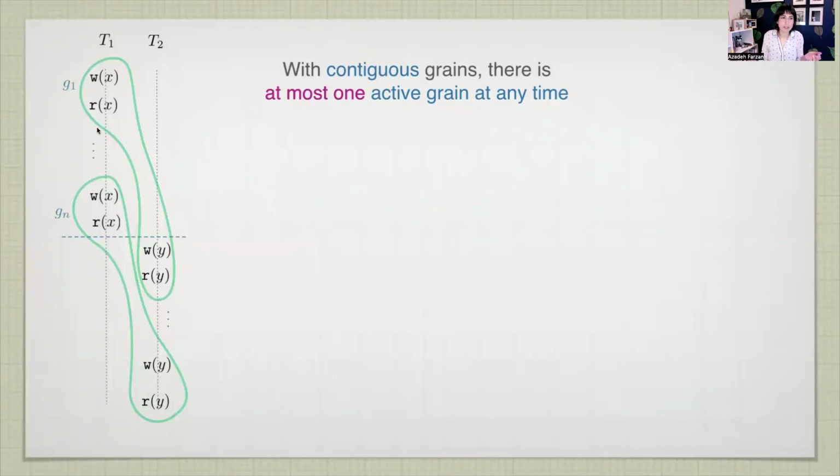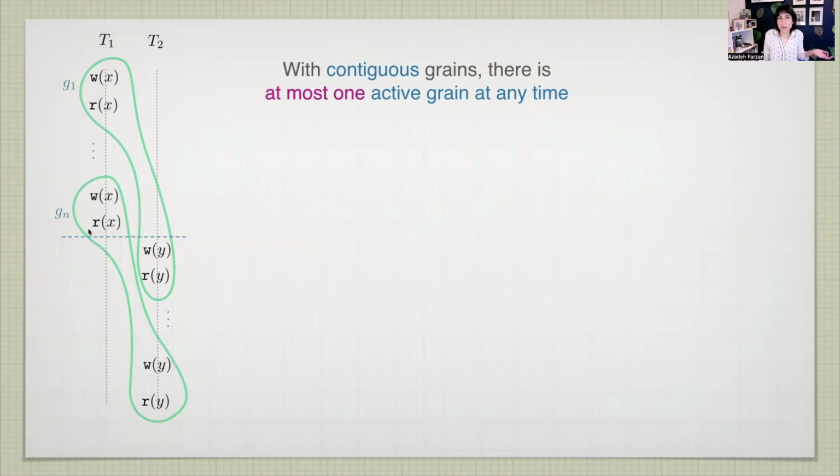Whereas if you have scattered grains, as this diagram shows, you can be at a point where you have an arbitrary number of grains that are active or open. I decided to pick this really degenerate case of grains, where these writes and this read of x and this read of y in the other thread become a grain. But then I'm sequencing these shapes back to back, and you will see that at this dashed line, all these grains G1 through Gn are active.